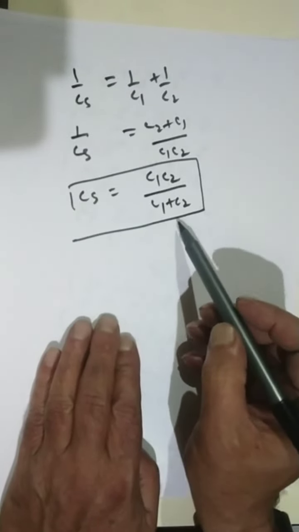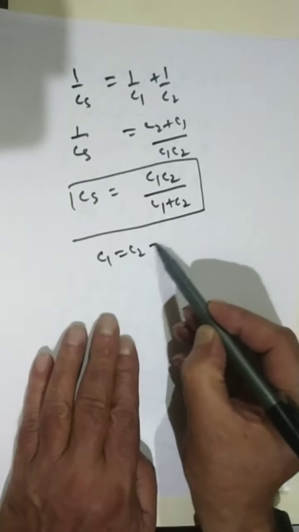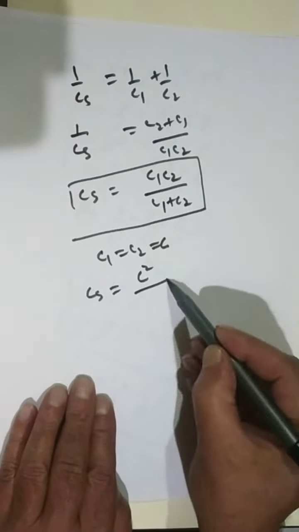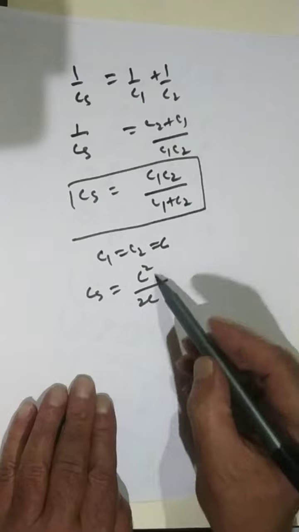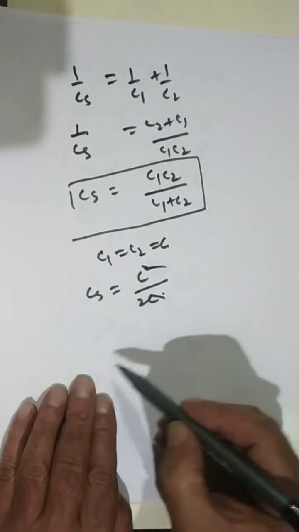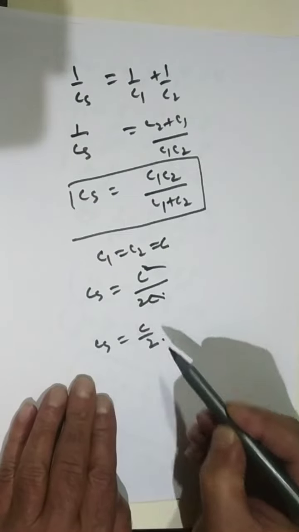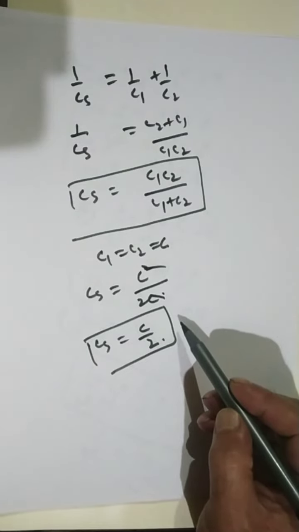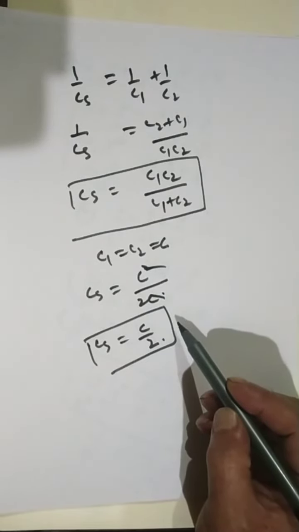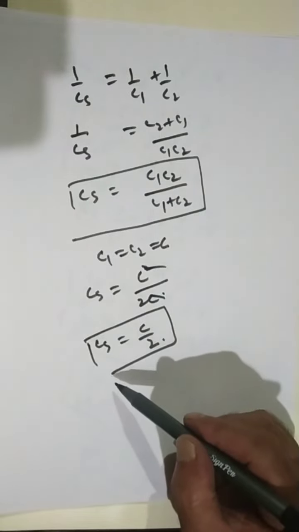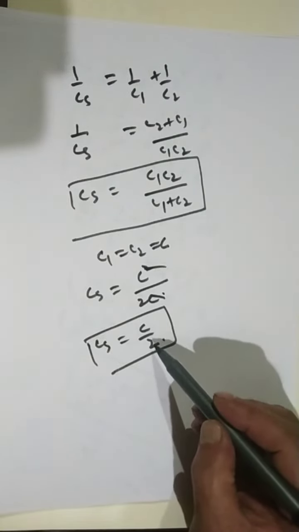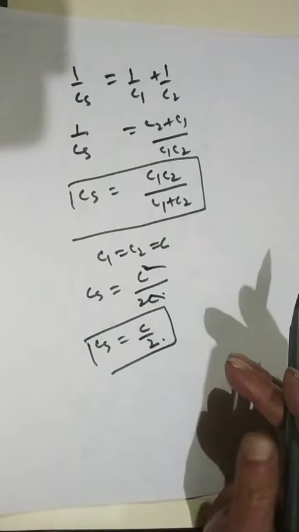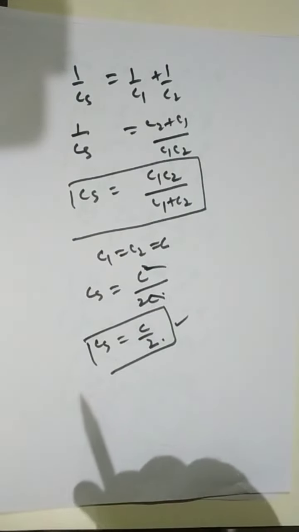So this is the equivalent capacitance for two capacitors. If C1 is equal to C2 is equal to C, then CS will be equal to C square divided by 2C, or this cancels, so CS will be C by 2. So it will be half of the capacitance. It means that when we put capacitors in series, then the total capacitance is less than the individual capacitors, or less than the least of the capacitors. Okay. Now next,